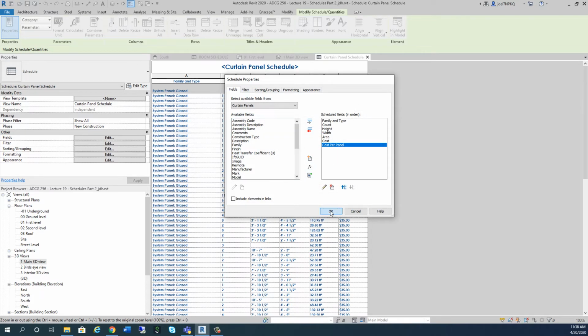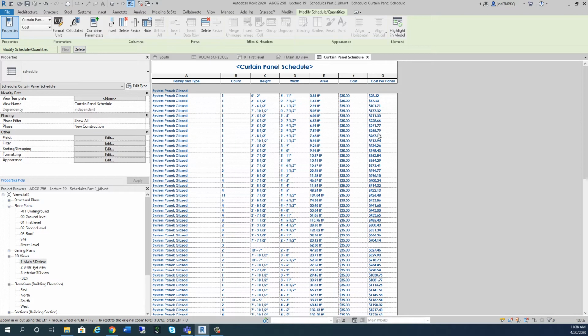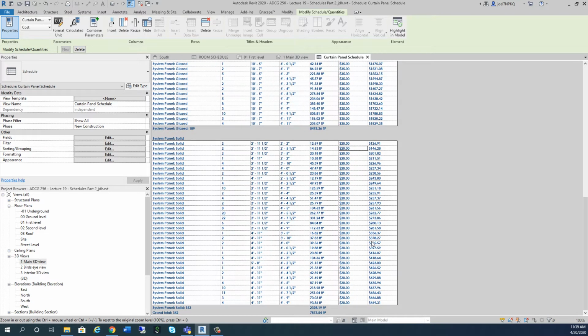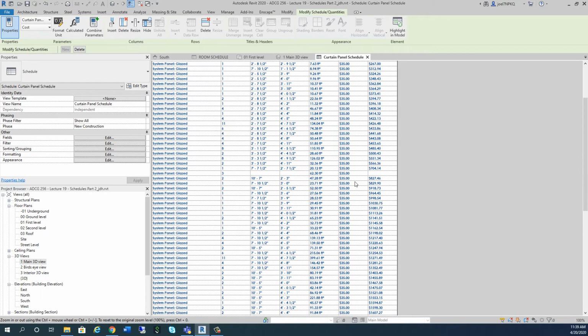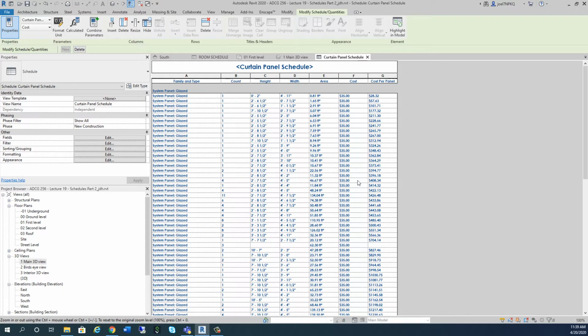And once I click on cost per panel, now look what it said. It throws that cost per panel in there. And even that's a little expensive, people. Right off the top of my head, I don't have the exact numbers for curtain wall glass, but it's pricey. It's not the cheapest thing in the world, especially when you start getting some large pieces of glass. It can start getting pricey. So what I'm going to do now is say, hey, I got my cost per panel. Let's go in and look at maybe perhaps